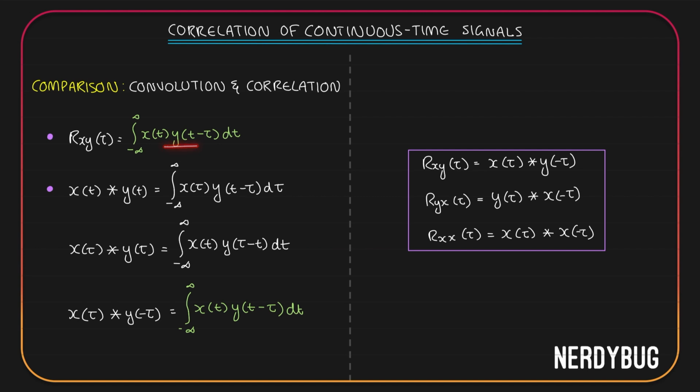An important difference you can see in these two equations is that here we have dt, here we have d tau. We're taking as a function of tau, we're taking as a function of t. Since we're taking y of t minus tau as a function of t, t has a positive scaling factor. Y of t minus tau will not be time reversed. We will simply take x of t, we will simply take y of t minus tau, then slide y of t minus tau from one end of x of t to the other, multiply, integrate. The only difference is in correlation, the time reversal is not there.